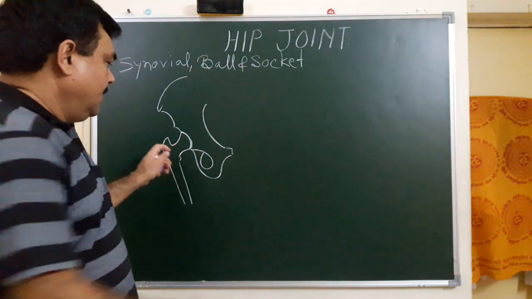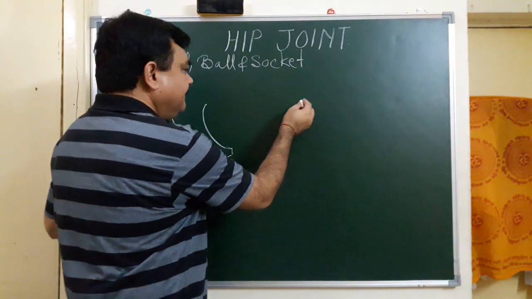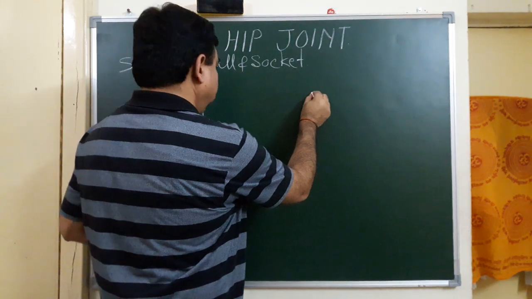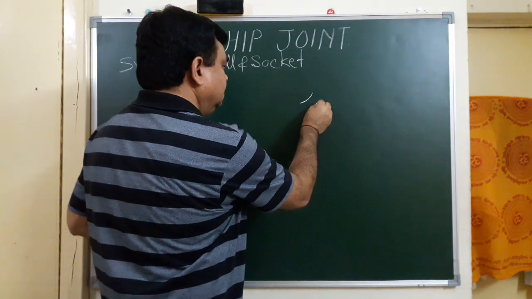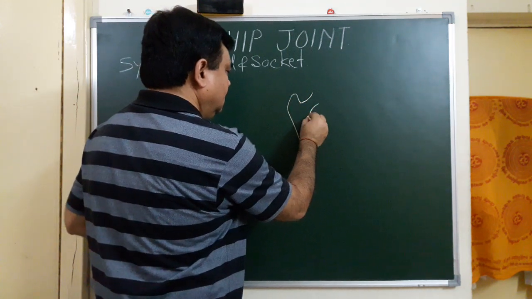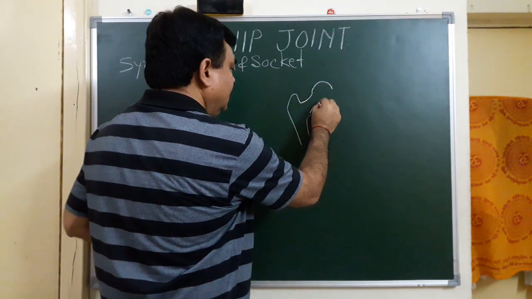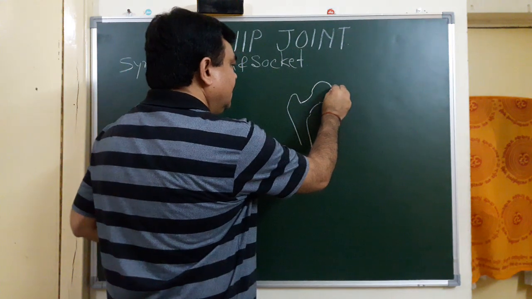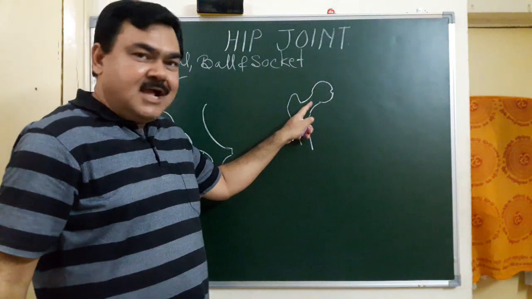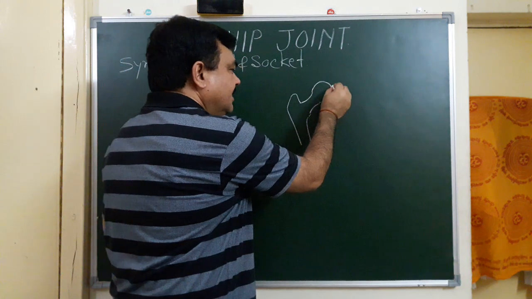If we disarticulate this joint, you can see here this is the head of the femur, this is the neck of the femur, and here on the tip of this head